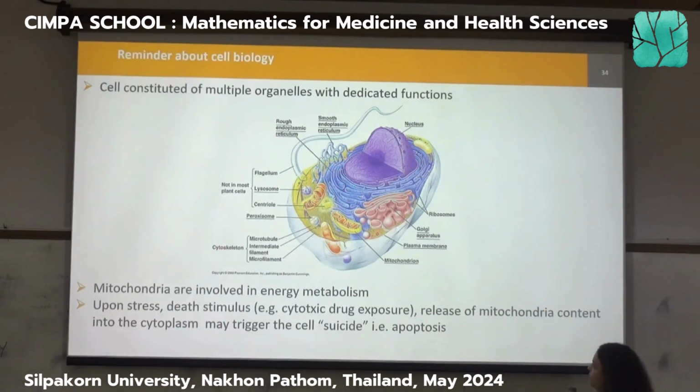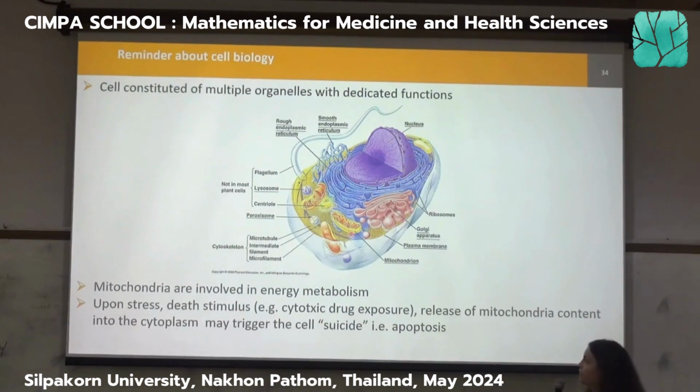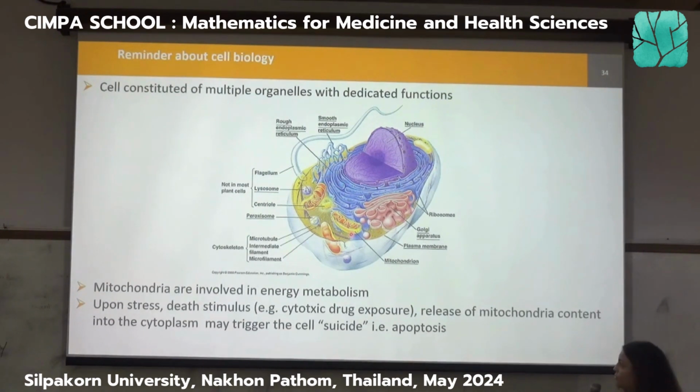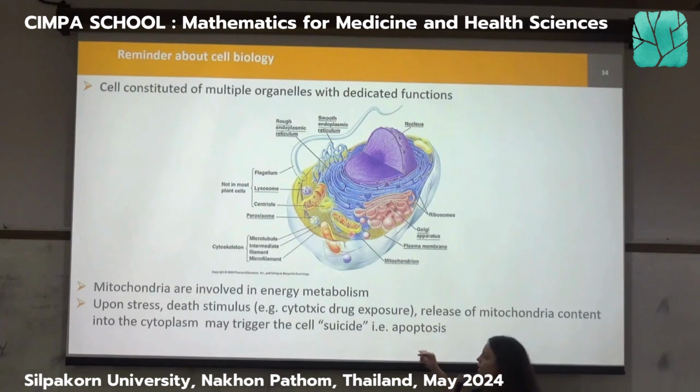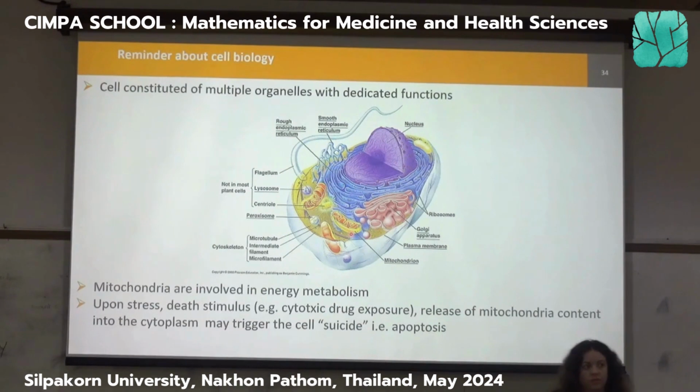Importantly, we will talk about the mitochondria. The primary function of the mitochondria is to handle the energy of the cells, to make sure that the energy is balanced, and to create energy when needed. It's also involved in some types of cell death, in particular one that we call apoptosis, which is actually cell suicide. Sometimes when the cells are too damaged, they decide to commit suicide. And this is called apoptosis.